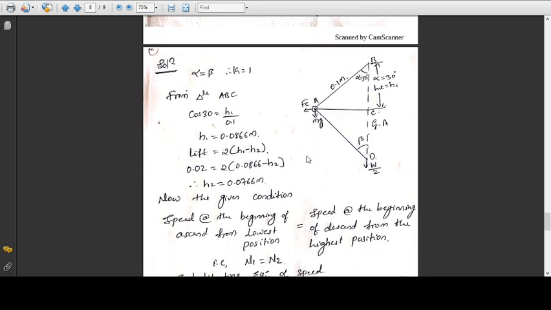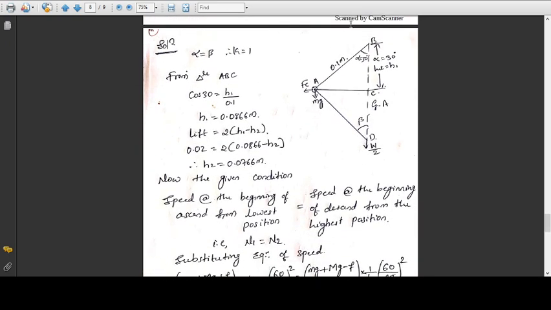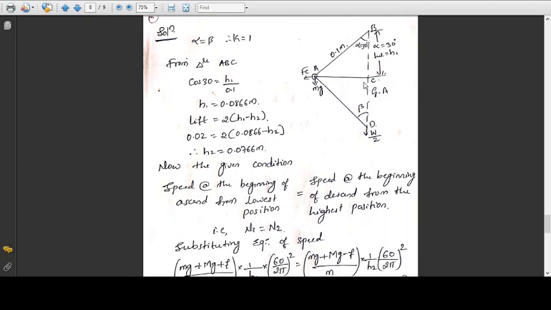So before starting with the actual solution, you need to construct the schematic diagram of the Porter governor. When alpha equal to 30 degree, that time height you can take as h1 here.